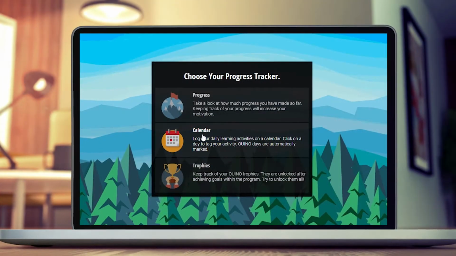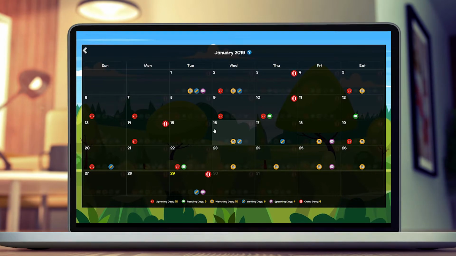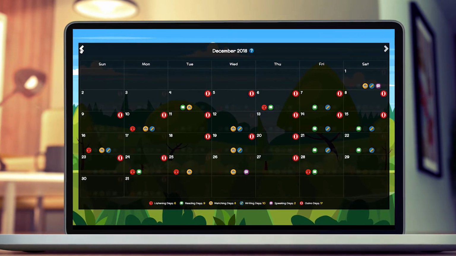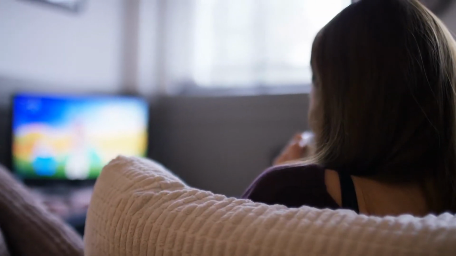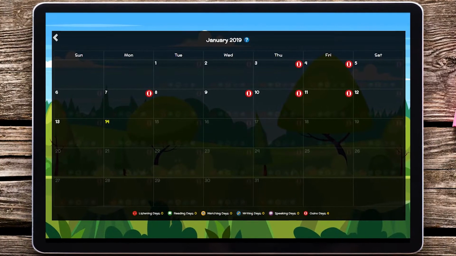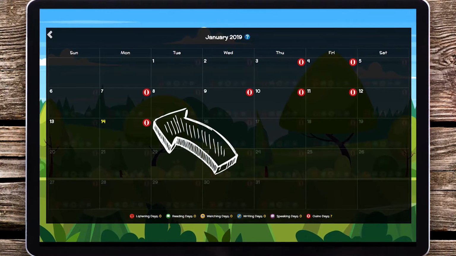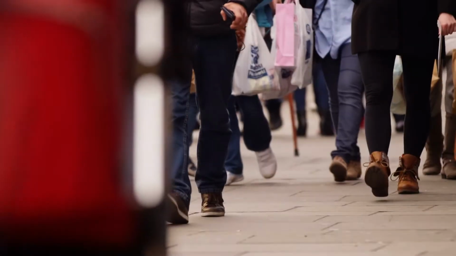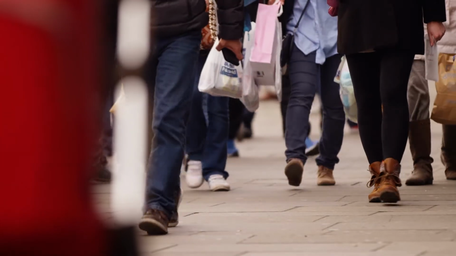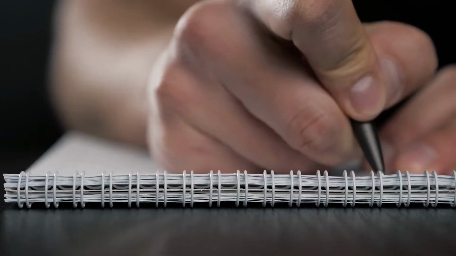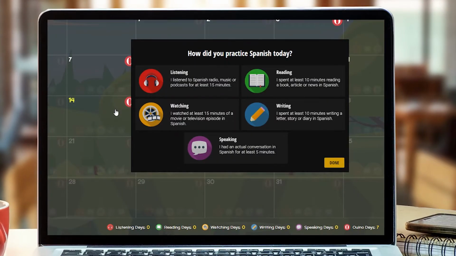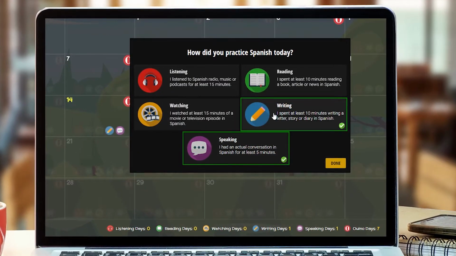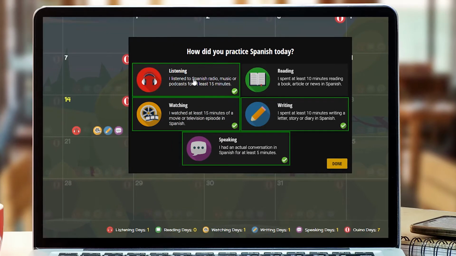If you click on the second button, you'll have access to the Weeno Calendar. The calendar will help you identify everything you do in order to learn your target language, whether it's inside the program or with external sources. Every day you practice with Weeno, a badge will automatically be added to your calendar. Every time you practice the language in the real world, by speaking, writing, watching, listening, or reading, you can manually add a badge to your calendar. The more badges you obtain at the end of each month, the more progress you will have made.